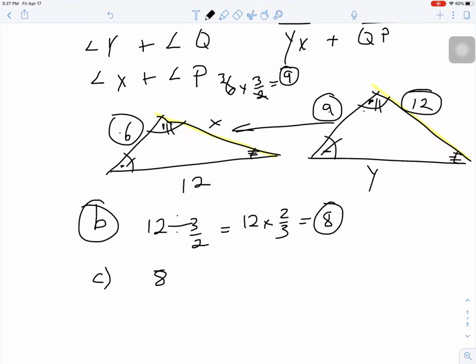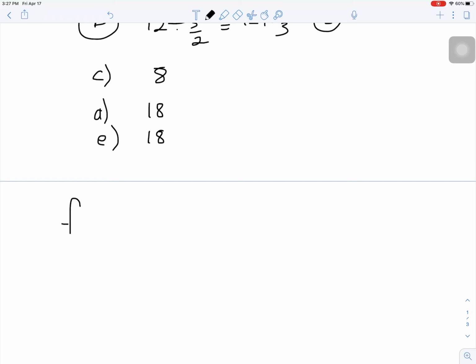I just showed you 2 steps there in one. Again, we're going from here, it's 12, right? Here it's 12. You know this one's going to be bigger, right? Because we're multiplying it by 3 halves, right? So that's 12 times 3 divided by 2, I would guess 18. And of course, your answer is also going to be 18 because I'm showing you how to kind of quickly do it in your head. And this one was fairly easy to do in your head. The other ones, the next questions, F,